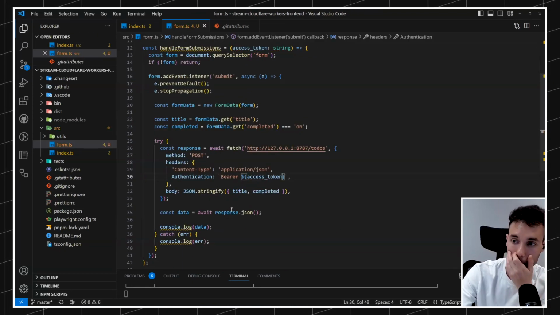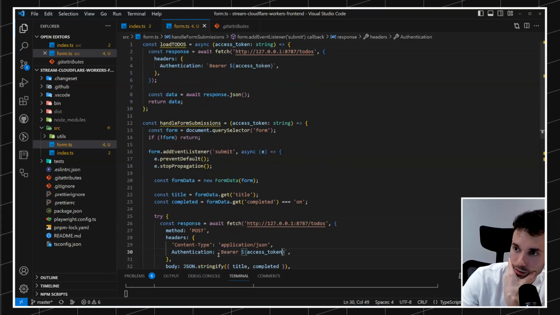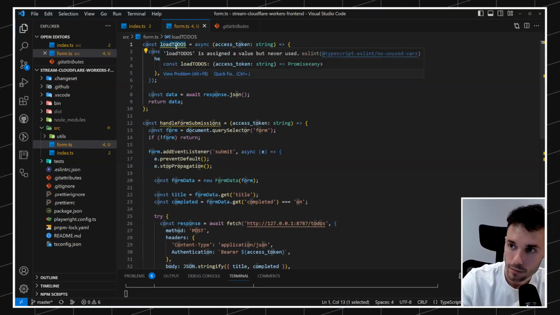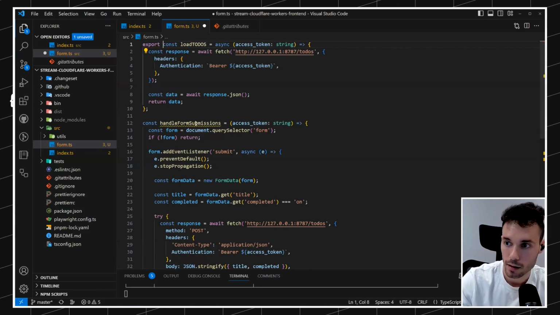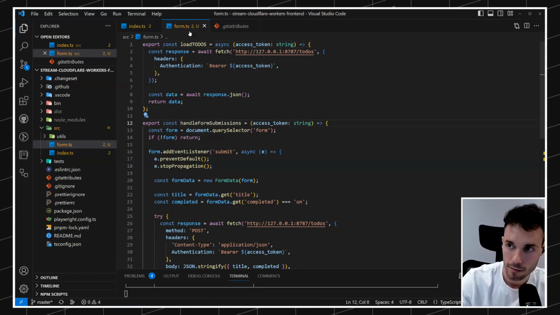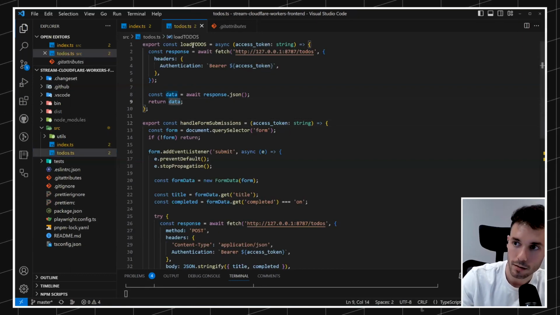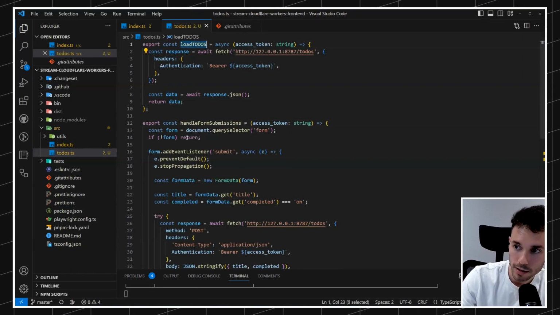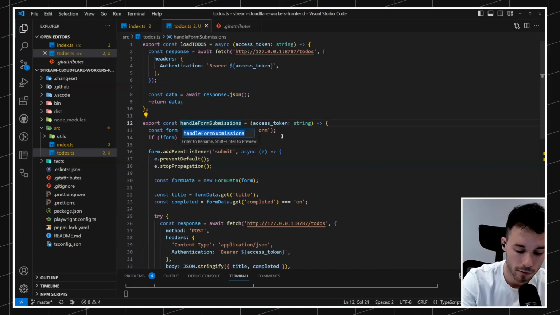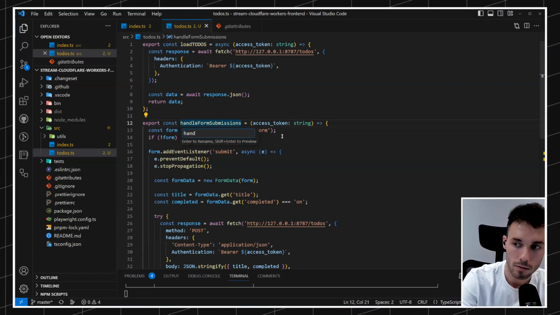And here, okay? And I think that's it. Now we can start doing stuff. So let me export this. And I think that instead of calling this form, it makes more sense to call this to-dos because it loads the to-do. There's a function for loading the to-dos, and also there's a function for handle